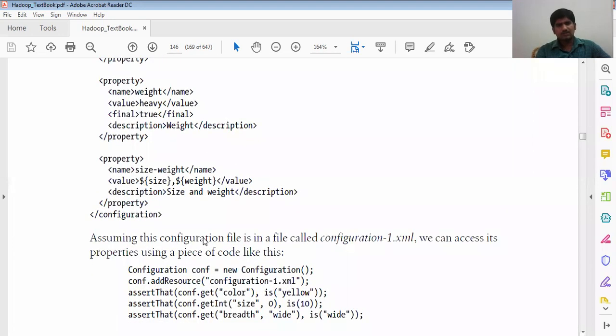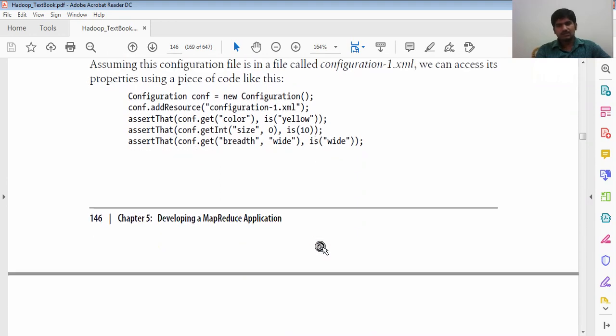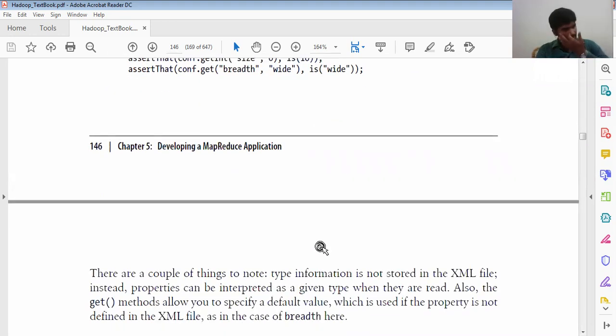Assume the configuration file is called configuration-1.xml. We can access it with a piece of code like this: create a Configuration, and call addResource to add the XML file. Then we get the color, size, and weight properties.